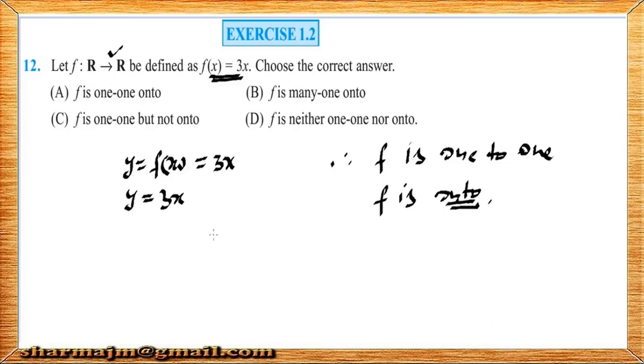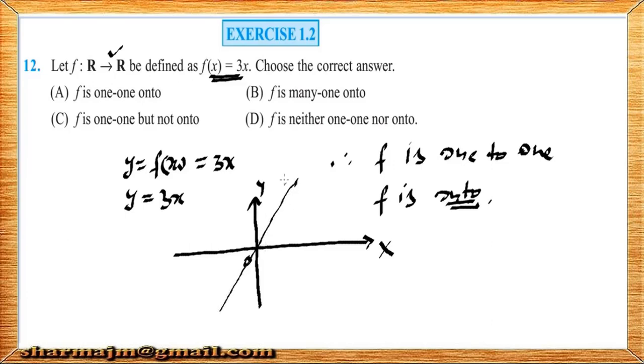आप इसका graph बनाकर देखेंगे तो आपको और clear हो जाएगा. ये x है, यहाँ पर ये y axis, ये origin, और y is equal to 3x. कुछ line इस तरह से आ जाएगी. It is a straight line, y is equal to 3x. तो यहाँ पर x dash और यहाँ पर ये y dash. तो आप देखेंगे x की value 1 है तो यहाँ पर 3 है, और so on. तो x की सारी positive values के लिए y की values आ रही हैं unique.